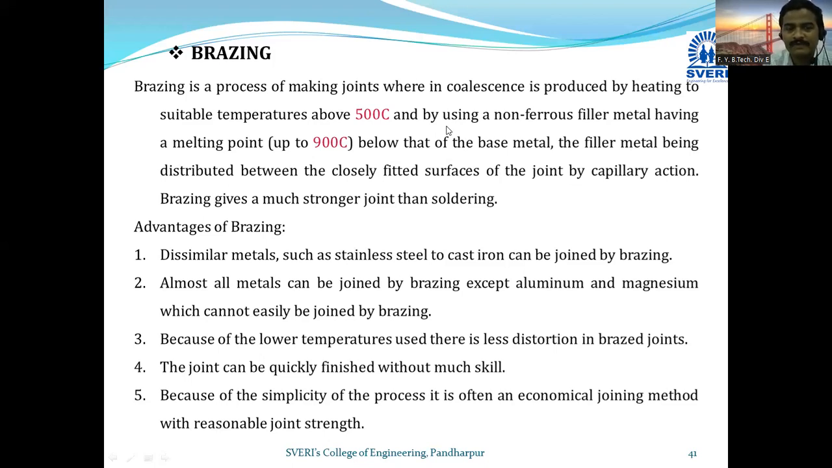So rest of the sentence word is as it is. Can you note down the definition? Note down. So we'll read the definition, please. It is the process of joining similar or dissimilar metals